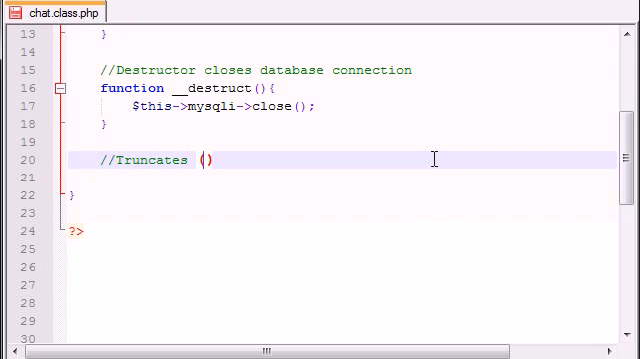Truncates, and whenever you're working with MySQL, whenever you truncate a table, it pretty much means empties the table or delete every single row. So what this function is going to do is go in your database and delete every single message or every single row. And what the user is going to see is their chat room or their log emptied, or their history cleared, however you want to say it. So it empties the table containing all